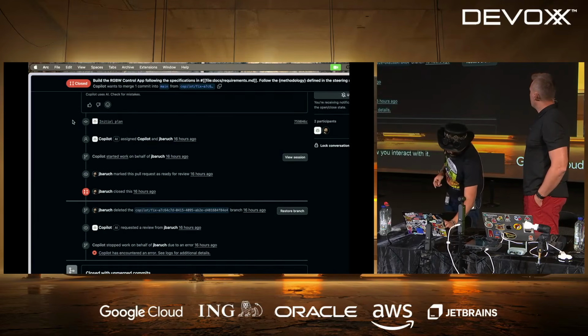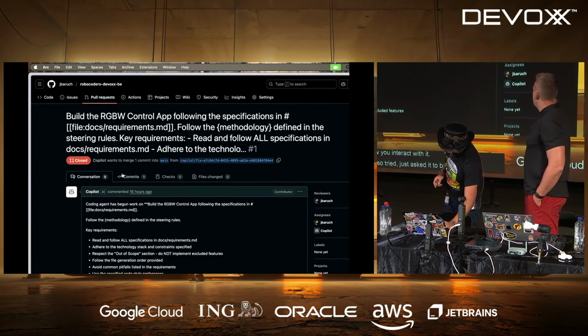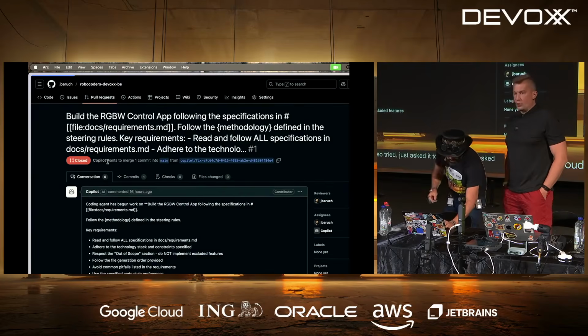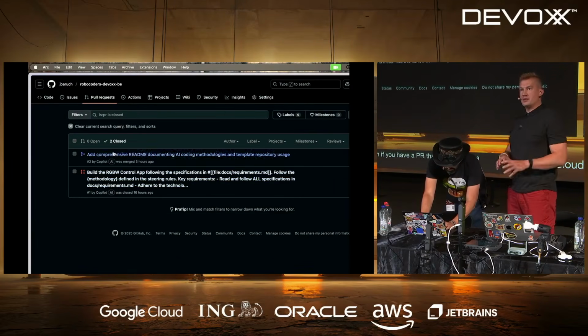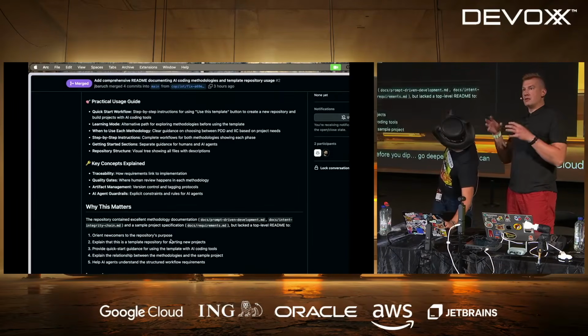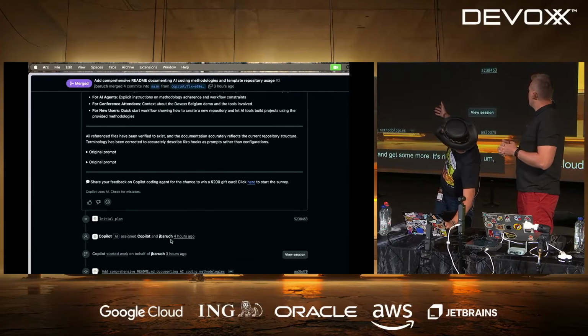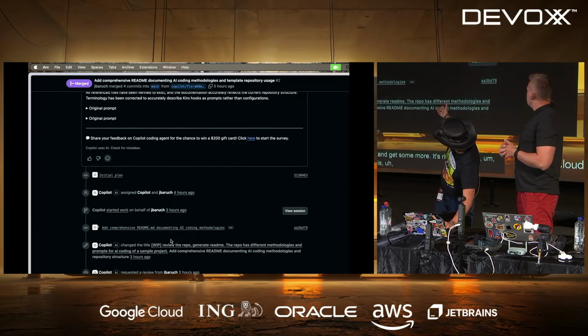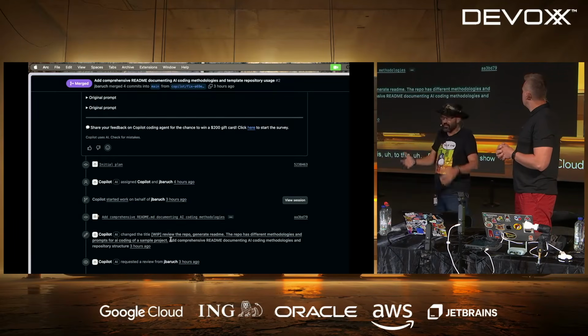Here is another one that I also tried. Copilot is also very good if you have a PR that you need reviewed before you go deeper. You can ask Copilot to review the PR for you and give you a summary. It's right here. I asked it to add a README to this repository just to show you how the workflow goes, and then I kept asking for additional changes.